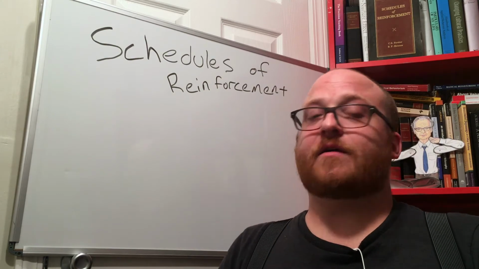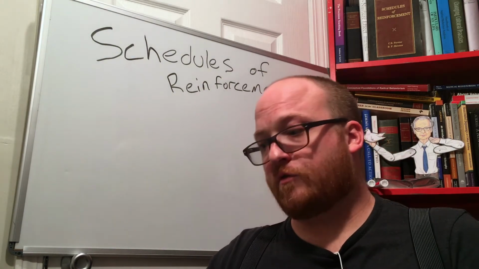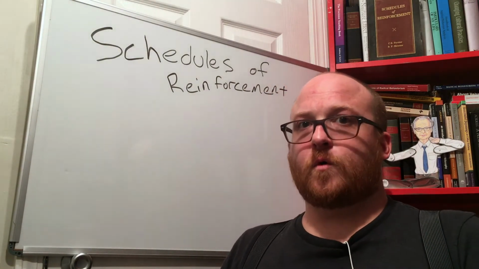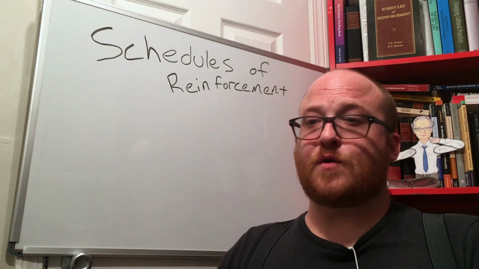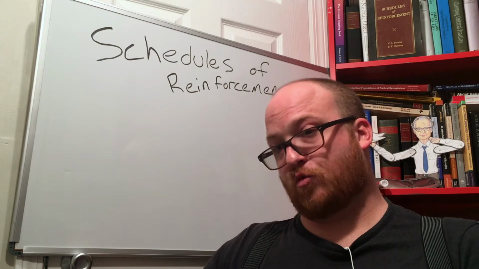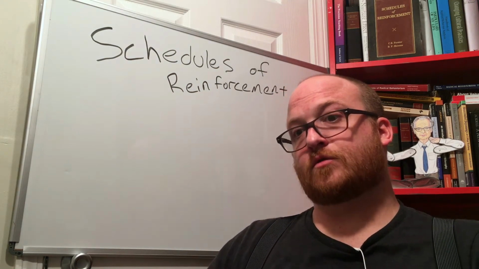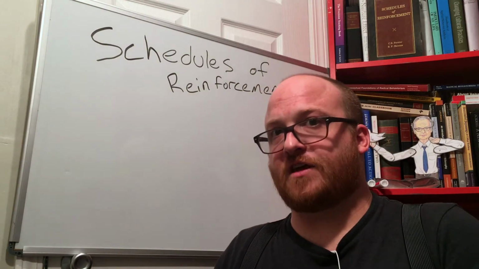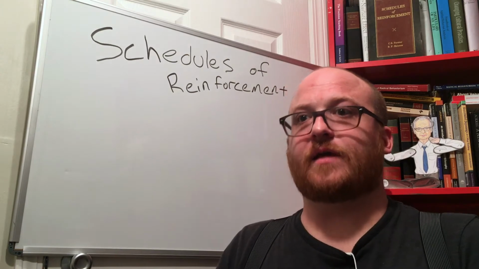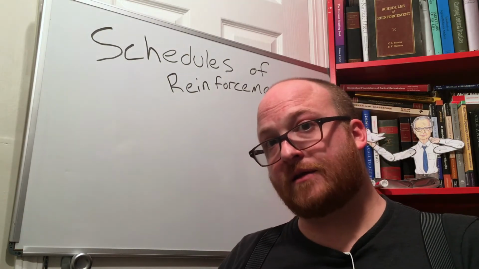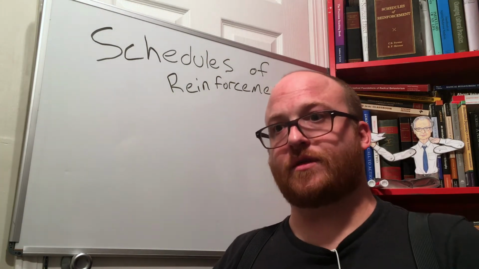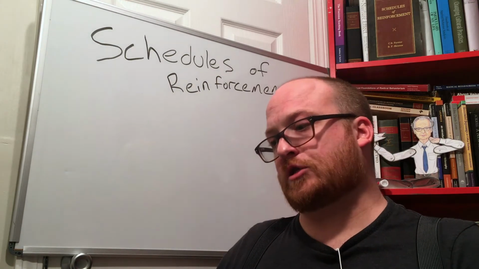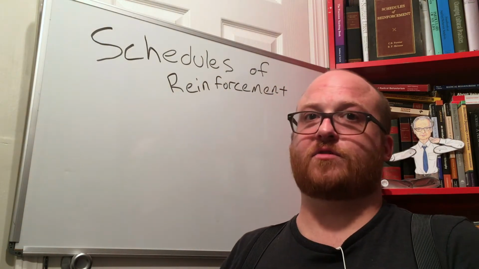Fixed ratio, very easy to do. 1, 2, 3, 4, 5, reinforcement. The problem there, it's a little more response effort on the practitioner's end. You have to, for every single response that we're looking at, every math problem, judge: was it correct? Yes or no? After 5 correct on an FR5, after that 5th one, you provide reinforcement immediately following that response. So you have to be anticipating, you have to be able to judge in a moment whether that was right or wrong as far as the answer goes, and then consequate it with reinforcement as soon as that behavior is finished.